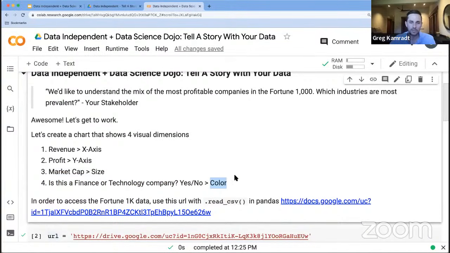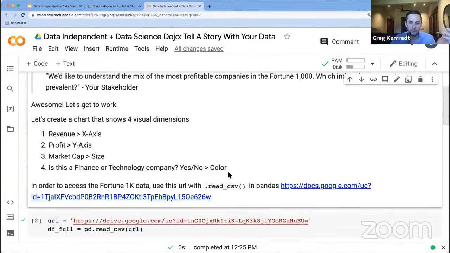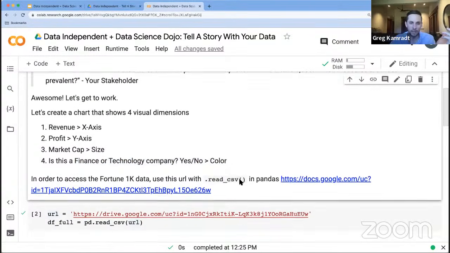And the reason why we're doing this one specifically is because our stakeholders are interested about which industries were most prevalent in the most profitable companies. And I did my homework before this, and I know it's finance or technology, so I want to go ahead and communicate that. If anybody wants to follow along with this specific one themselves, there's a little trick to get